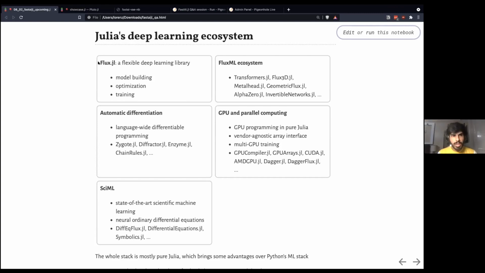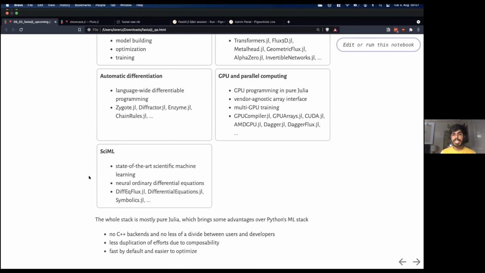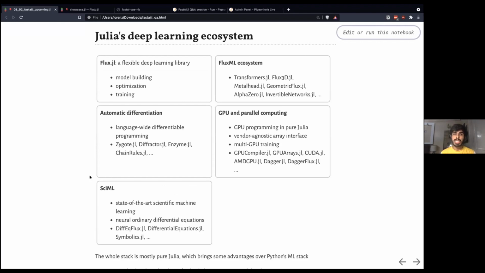Yeah, absolutely. First of all, thank you for putting this together. And yeah, I wanted to take a couple minutes to introduce Flux.jl, right? And what we've been able to build with it. So the idea behind Flux is that we want to be a very, very simple but flexible library, which can basically showcase Julia's differentiable programming capabilities. And one way that we're showing it with Flux.jl specifically is through what we consider very traditional deep learning at this point.